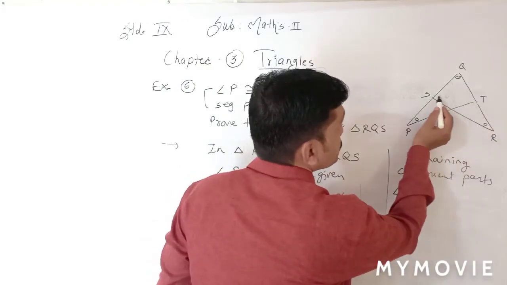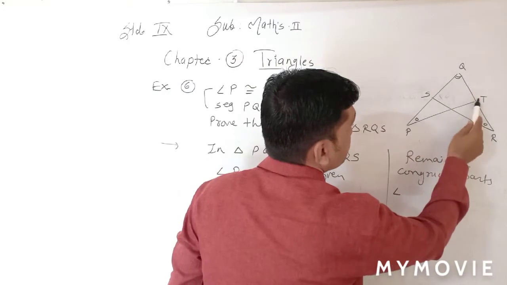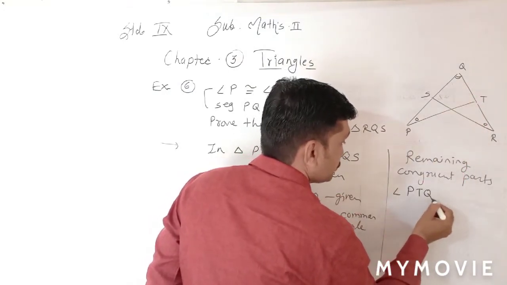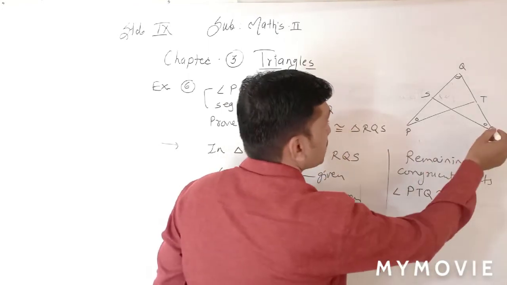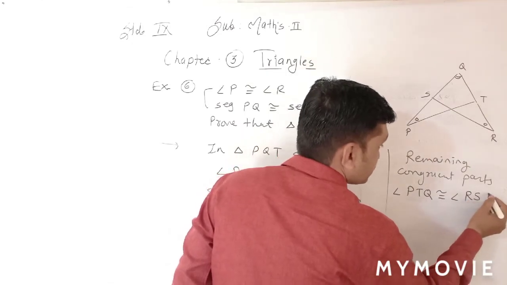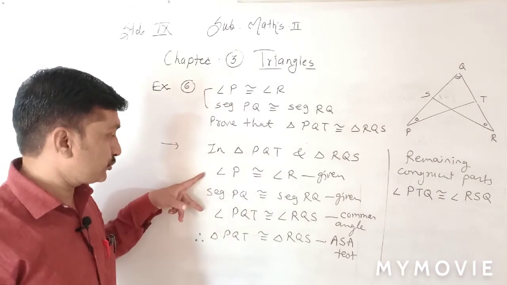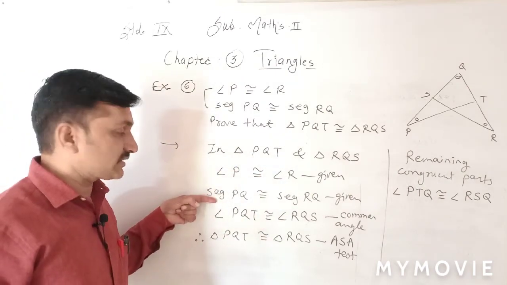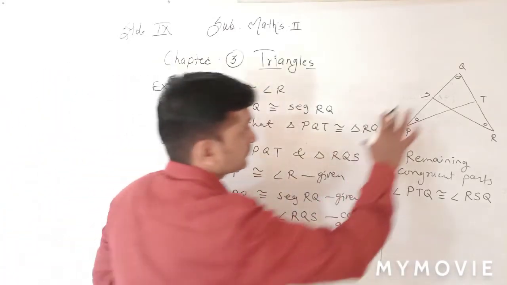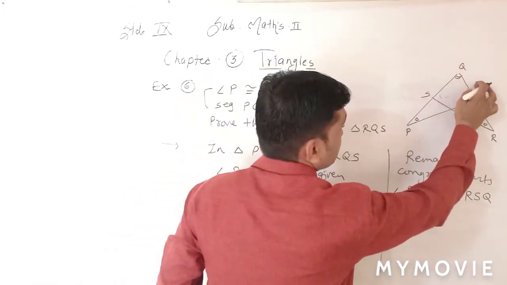Angle which? This one. What is the name of the triangle? PQT, no? PQT, then this angle PTQ congruent with angle RSQ. This is one angle remaining that side. Here two are used, one is there. How many sides are used? One side. Then two sides will go there. PQ is taken. This PQT means QT is left.